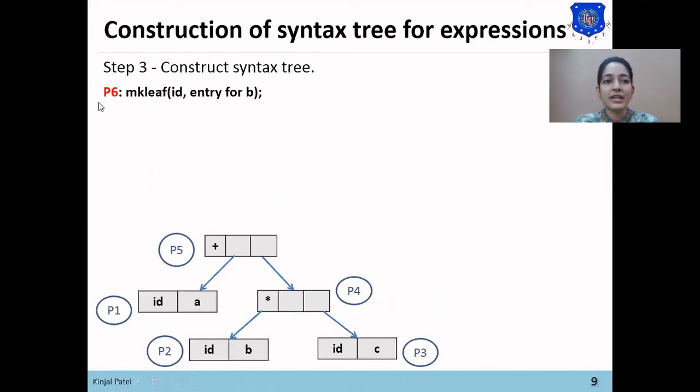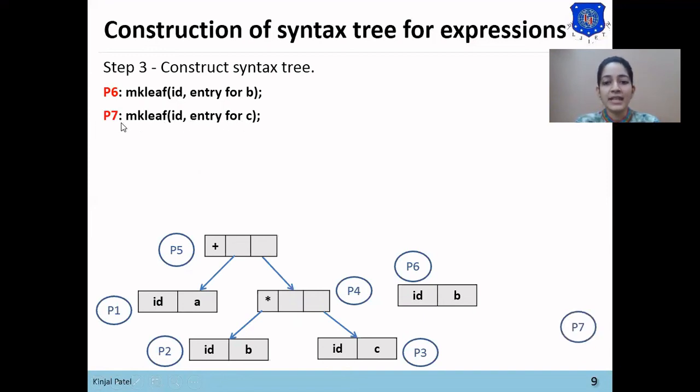Now next function is make leaf id comma entry for B. So P6 node will be created for identifier B. And next function is for making the entry for C. So P7 node will be created for identifier C. Now here is the next operator star.